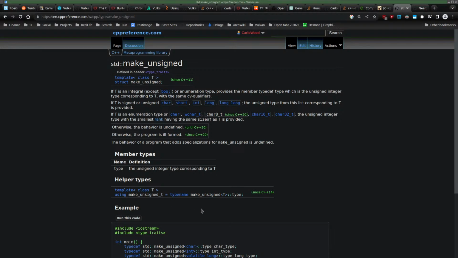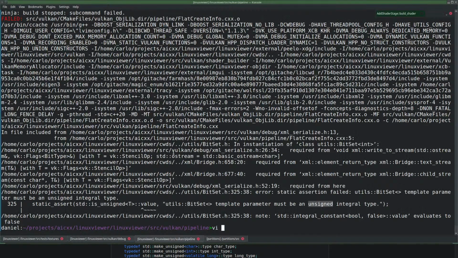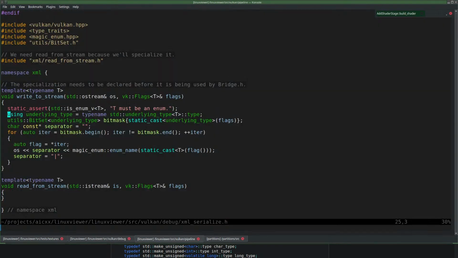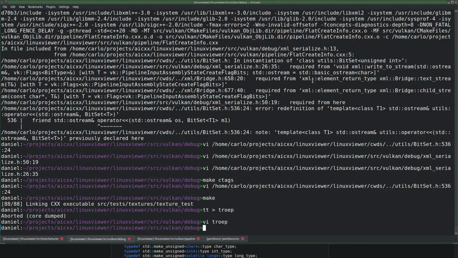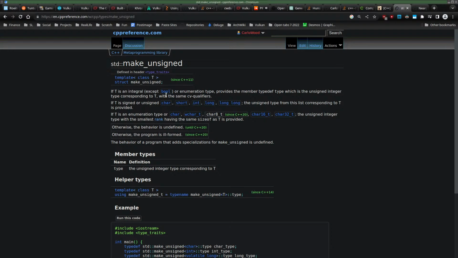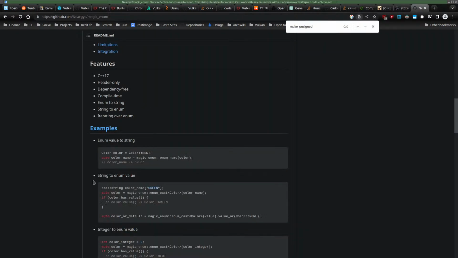I guess that would be like make unsigned underscore T. Type traits.